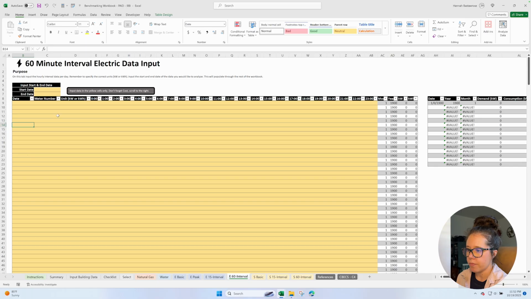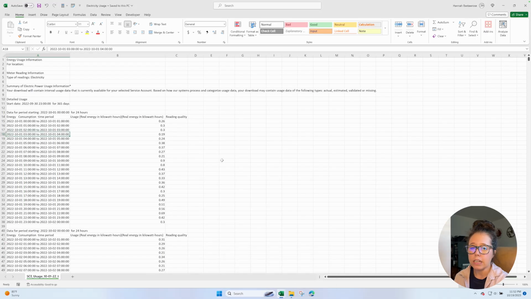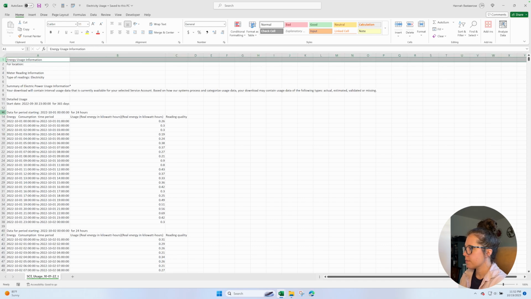So if you could use some tips on how to quickly clean up your data, then stay with me here. If not, if you know how to do this already and you can do that quickly, you can just skip along to the next part. But if you could use some tips, this is how I would do it. So first, we don't need all of this information up here. So I would just select this, right click, select delete. And then